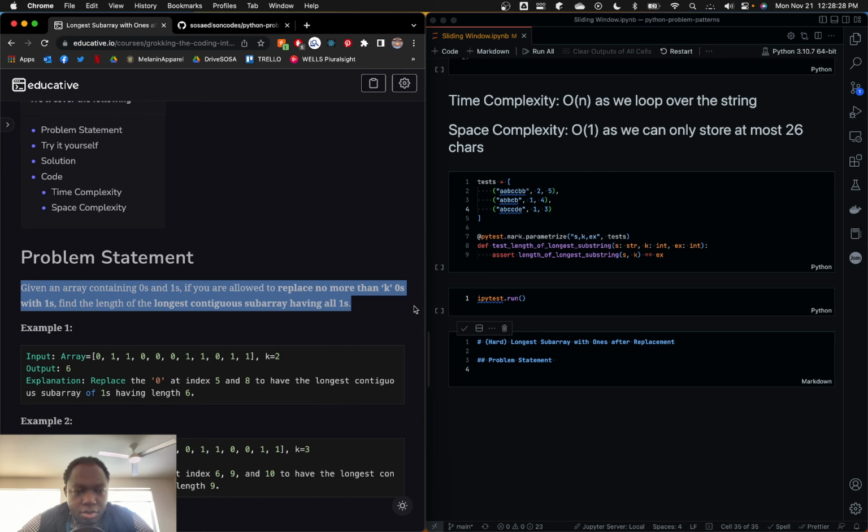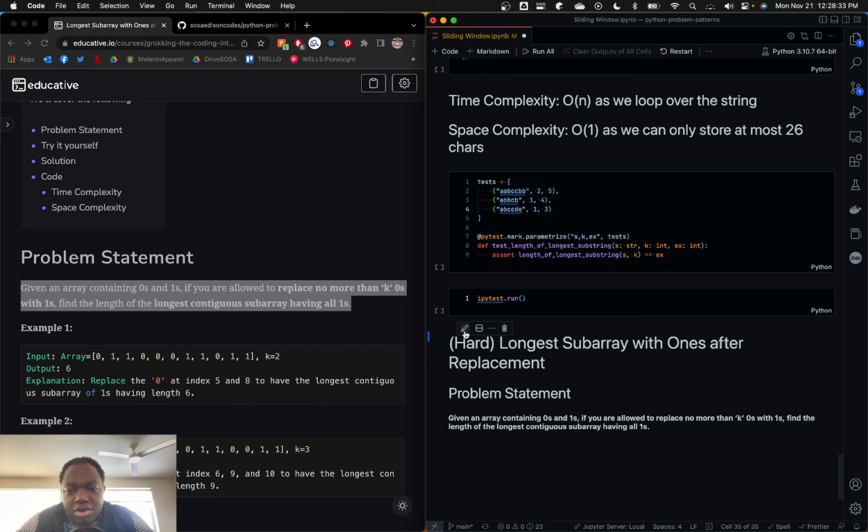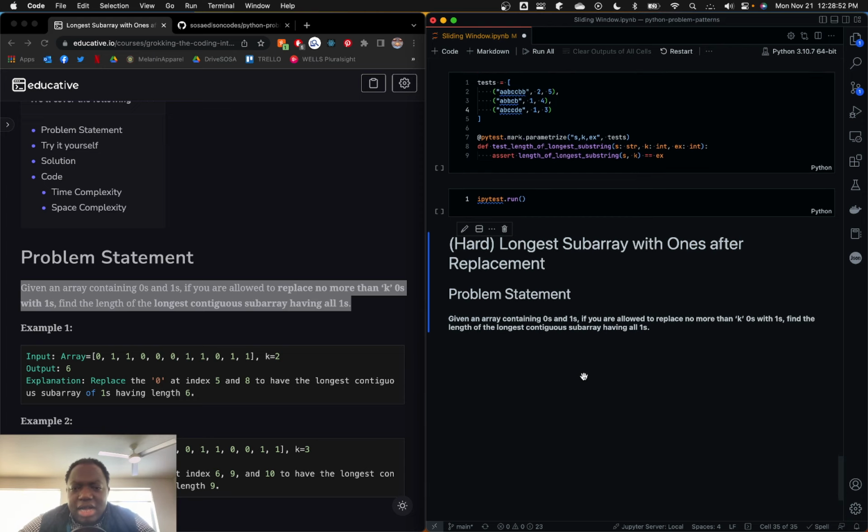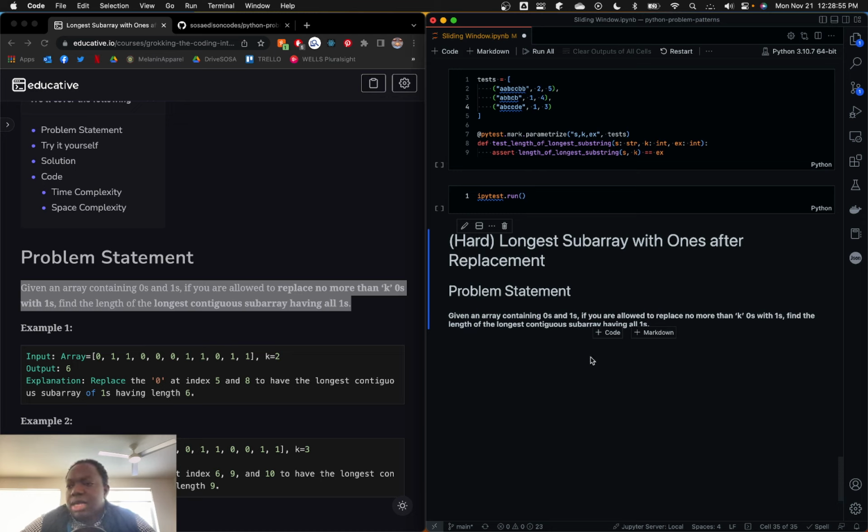So, given an array containing 1s and 0s, you are allowed to replace no more than k zeros with 1s. Find the length of the longest contiguous subarray having all 1s. So this sounds really similar to our last problem, in that if I have an array, going to the whiteboard here, of 1s and 0s, I use the first example,